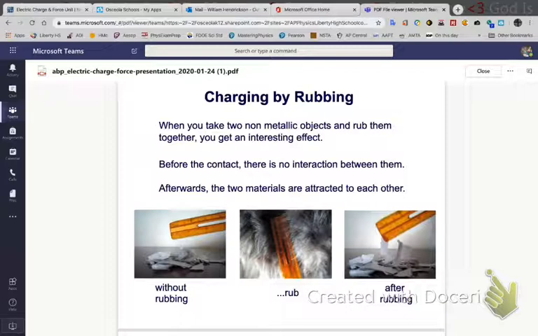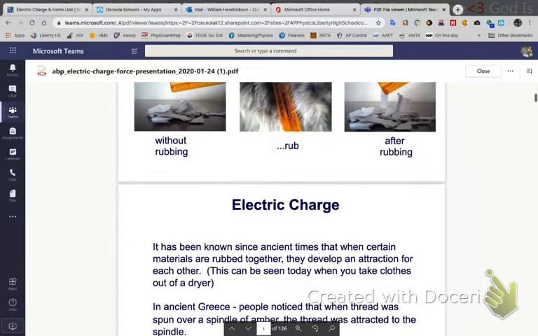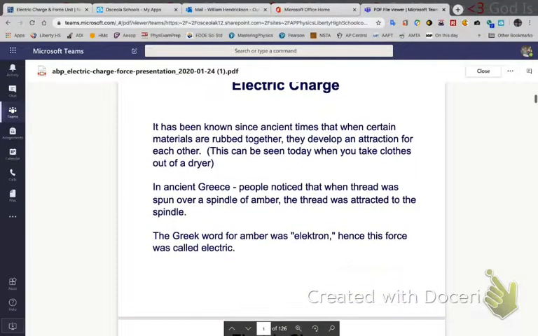So as you look at the image, first of all, the ruler with the paper, before rubbing, there is no attraction. Once you rub the ruler in the fur, then afterwards, the ruler can now magically pick up the paper. So we're left to wonder what's causing the ruler to be able to pick up the paper after it's been rubbed in the fur that it didn't have prior to rubbing in the fur. Looking at the next slide,